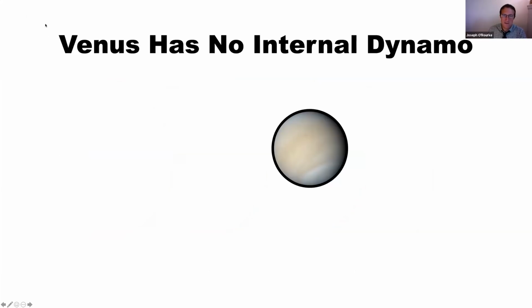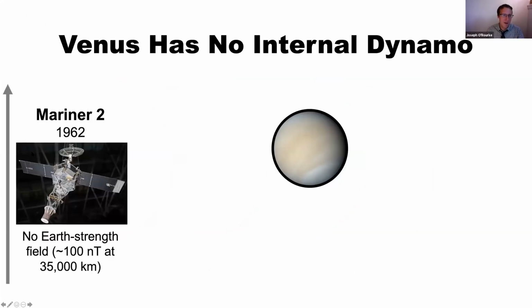So you'll commonly read that Venus has no dynamo, which I think is a pretty secure conclusion, but our constraints on the magnetism of Venus are actually quite limited. The first constraint came from Mariner 2, the first ever interplanetary flyby. It flew super far by Venus, and all it was able to measure is that Venus didn't have a magnetic field that was stronger than Earth's. It didn't get close enough to the planet to make any more detailed conclusions.